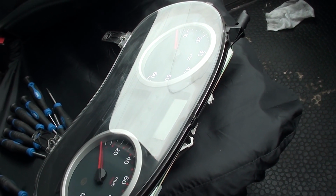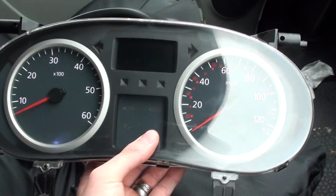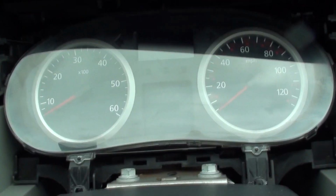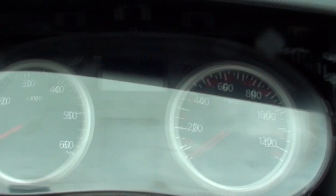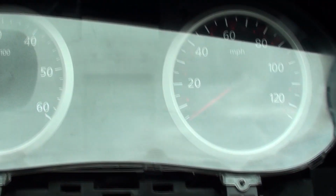I've never tried it before, with these particular Renault dials. Some cars do, some cars don't. Let's plug them in then. Well, they made a funny noise when I plugged them in, and I haven't turned the ignition on yet, so fingers crossed. I mean, they made a funny noise, so fingers crossed they'll...